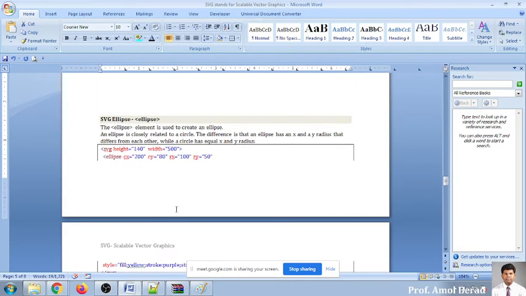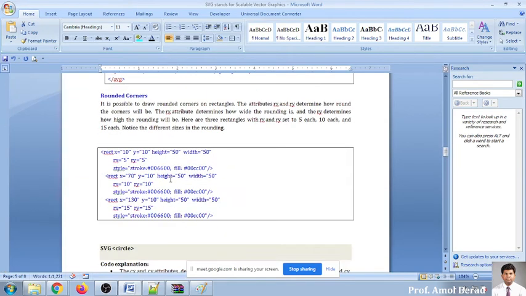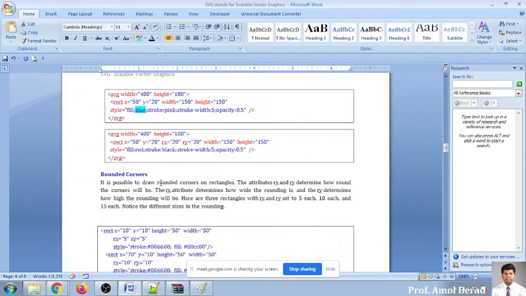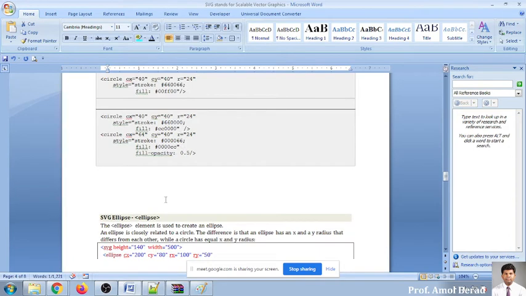Yes, sir. Now next one is ellipse. Now ellipse element is used to create an ellipse. I think I will be showing how ellipse has been drawn. So you can use this ready-made XML tag, that is the ellipse. And again there is X and Y coordinates you can set, and RX and RY. This is for the purpose of radius. And here you will see that is CX and CY. So RX and RY, same as with rectangle, can be used with ellipse.